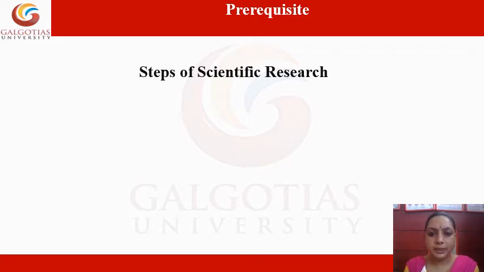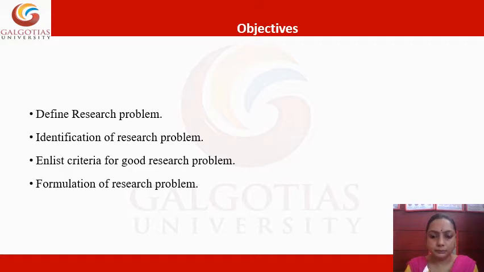As we have studied in the last class about the steps of scientific research, can anyone from the class list down the steps of scientific research? In research, we will follow the steps of scientific research. This includes all systematic steps like statement of problem, then we have to frame objectives, then frame hypothesis, then assumptions, then operational definitions, then conceptual framework, then review of literature, research methodology, and so on. So today we are going to study about research problem.